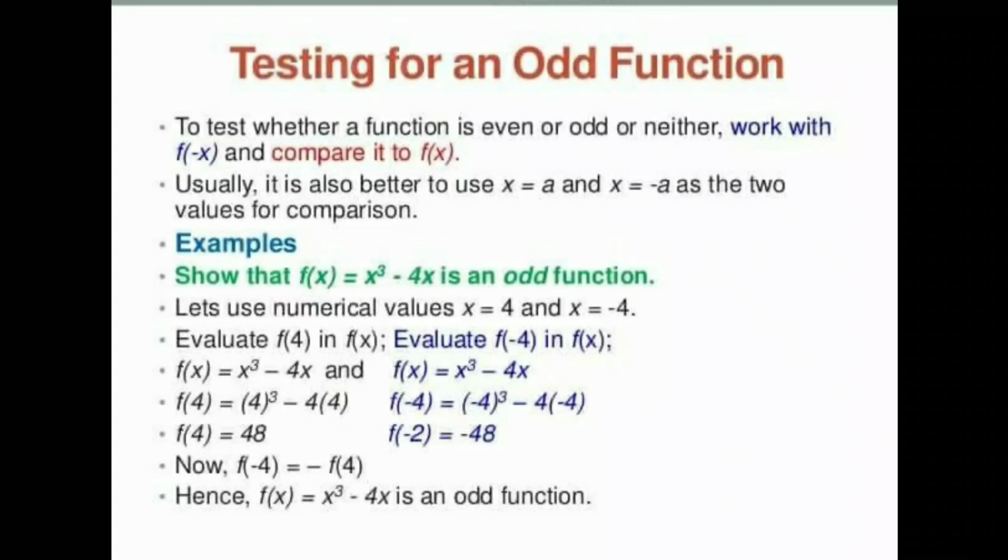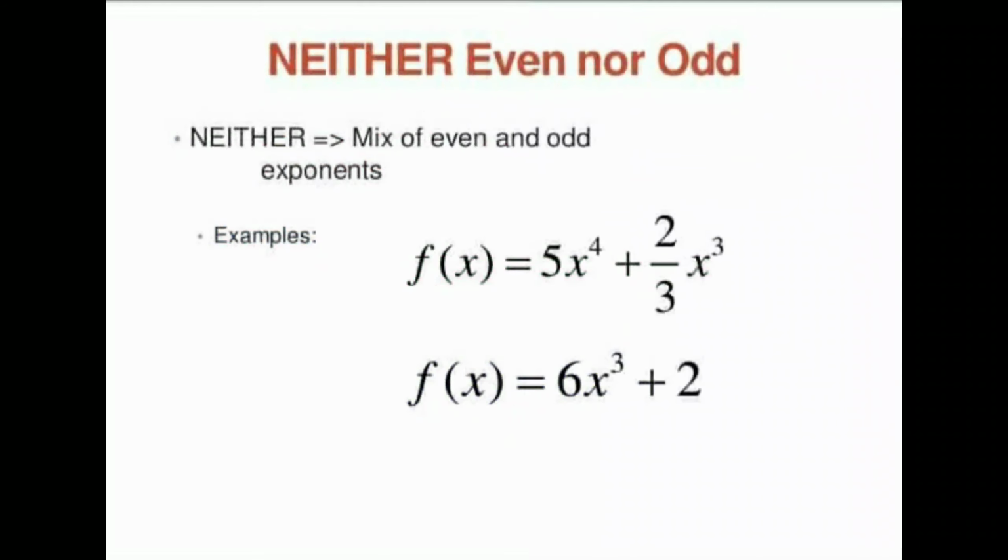And f(x) minus f(minus x) is always an odd function. Hope you understand a function can be expressed uniquely as the sum of an even and an odd function. So f(x) minus f(minus x) upon 2 is called the odd function, and a function can be expressed as even plus odd.